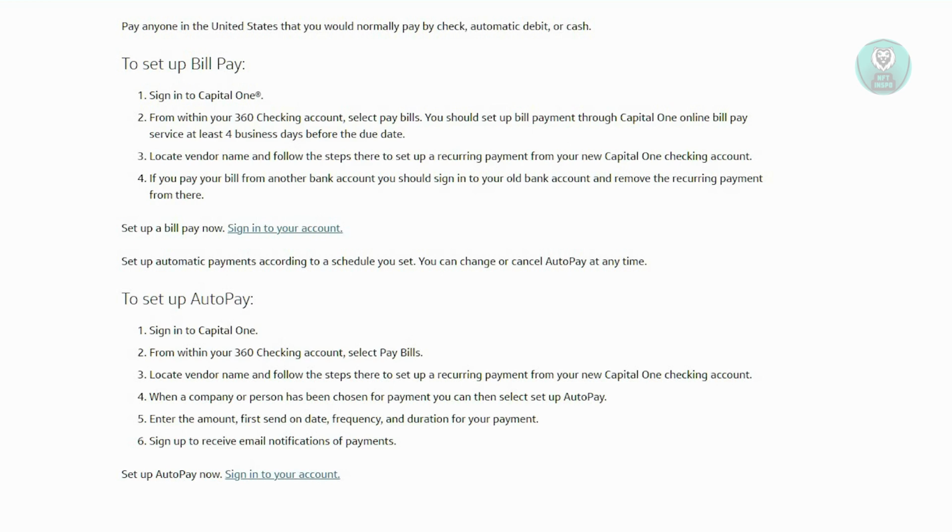date. So next, you need to locate a vendor name and follow the steps there to set up a recurring payment from your new Capital One checking account. If you're billed from another bank account, you should sign in to your old bank account and remove the recurring